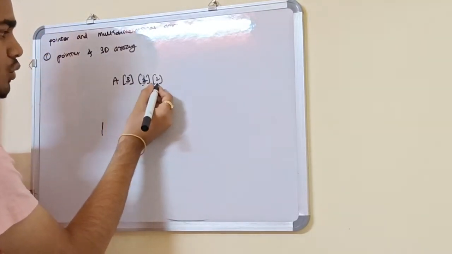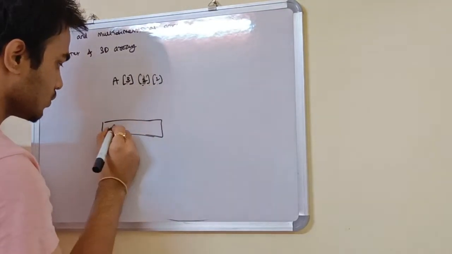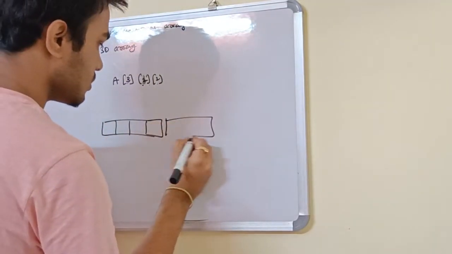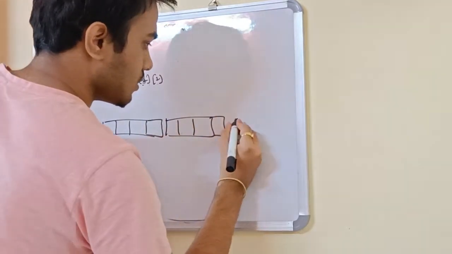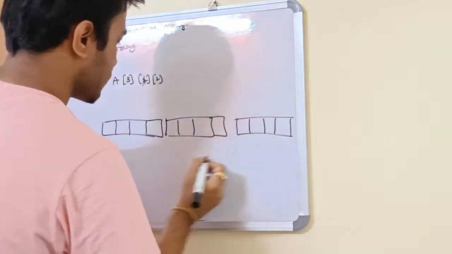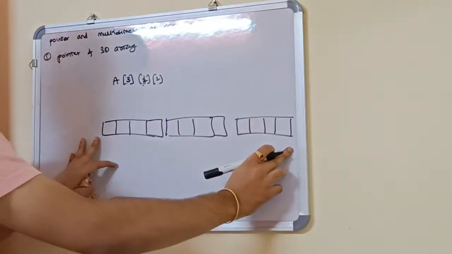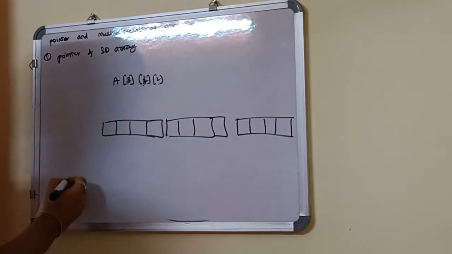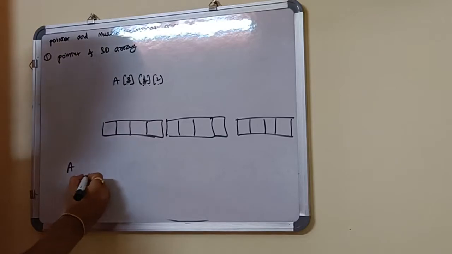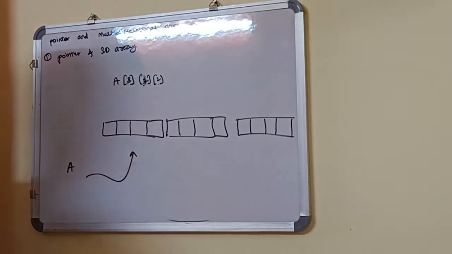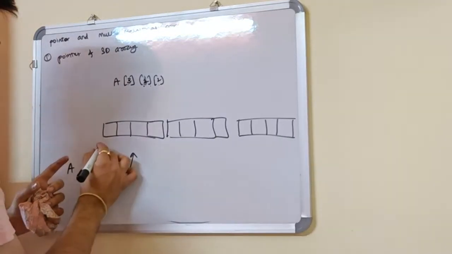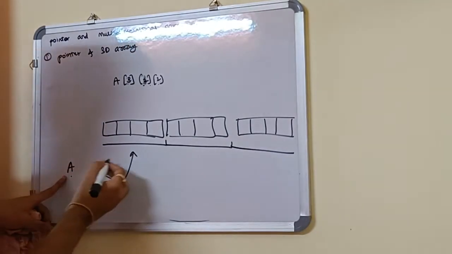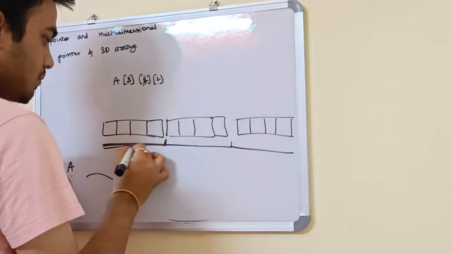Now how can we represent 2 by 2? 2 by 2 is a 2D array. So this is a 2D array, and like this there are 3 of them. So this is again one, and this is again one. So this is a 3D array. Now how to represent it? Now when we look from outside, it is divided like this. Okay, so a is pointing to the first block.